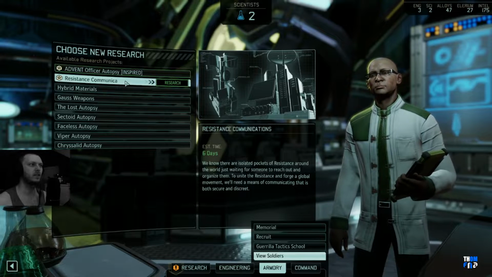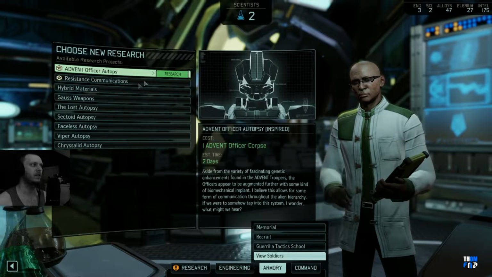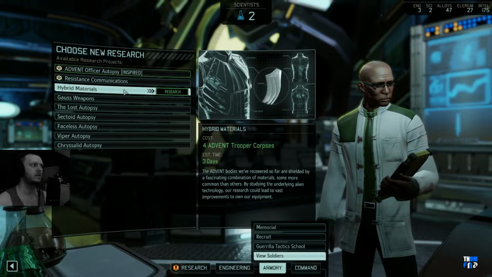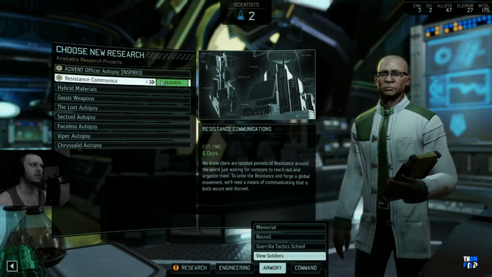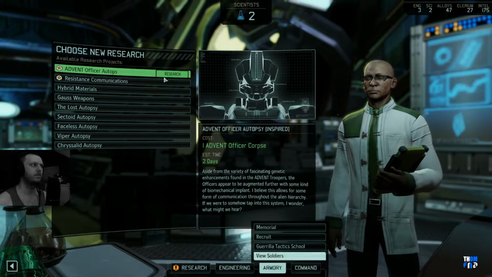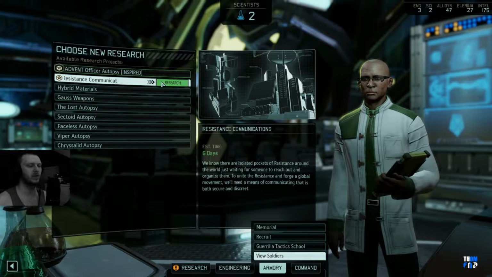Do I need to do it? Definitely need this, so I'll get that, and then the Gauss weapon. Faceless would be nice, because like I say, that mimic beacon, so distance first, because then we can